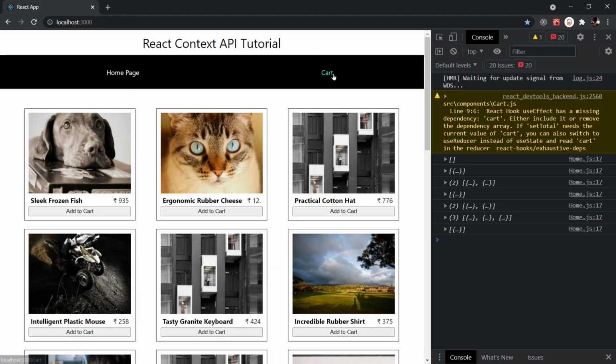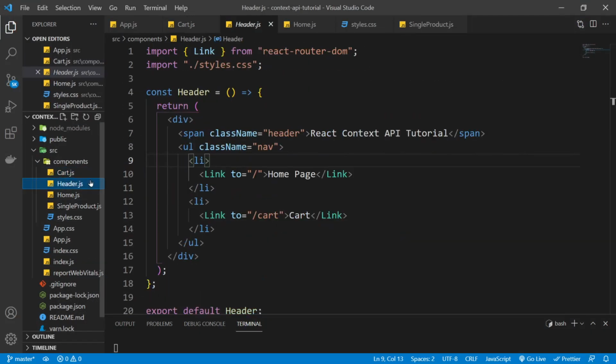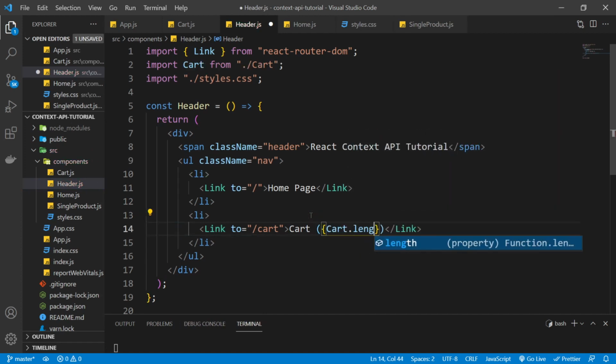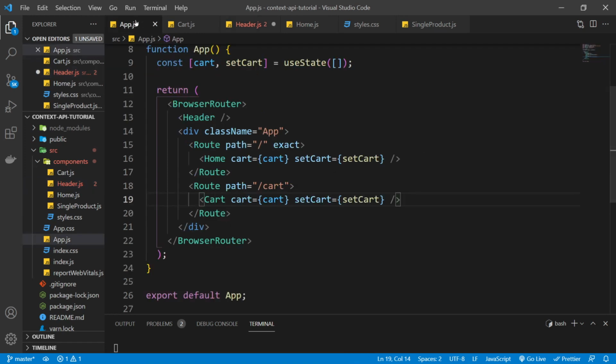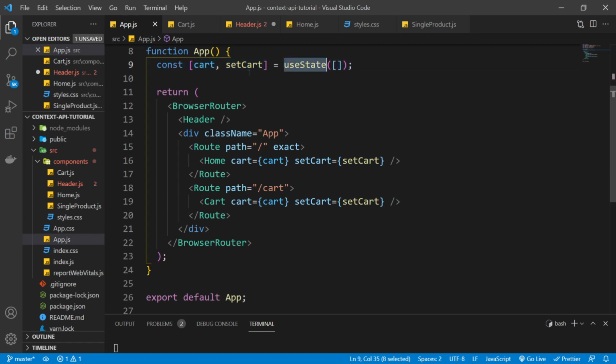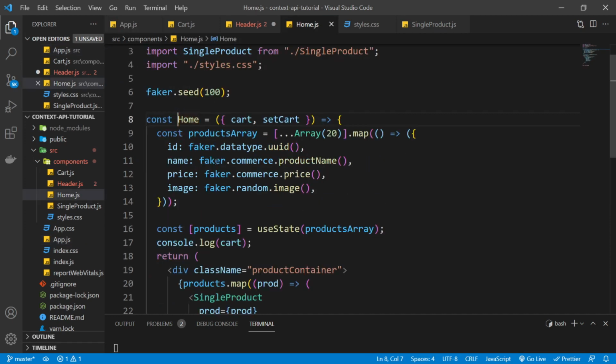Also, we can display the number of items which are inside of our cart. So inside of our header.js, we can write over here cart.length. But first of all, we need to get this cart state. So you can see this is a lot of work. When we make our app without context API, we have to drill the props in so many places. So you can see we have created a state over here, and we need to pass it to the header component for displaying that counter, and we have to pass it to home component, and then the home component is